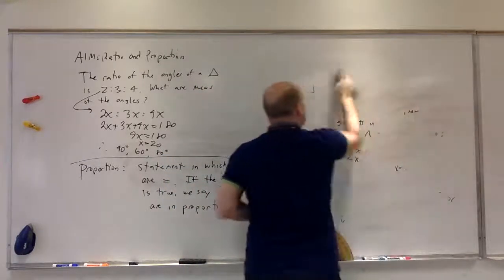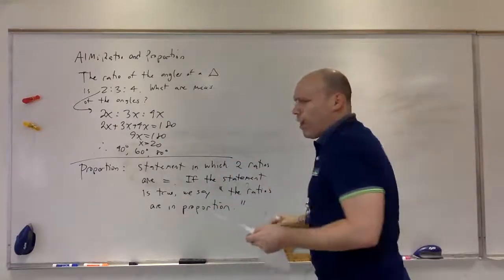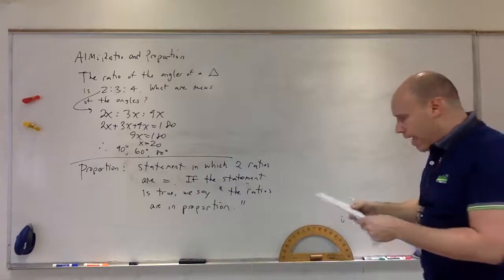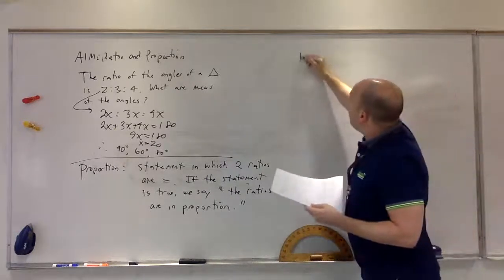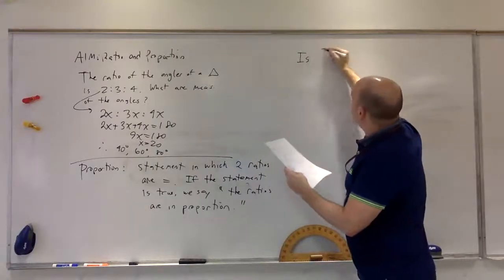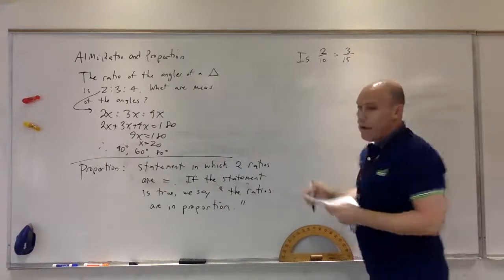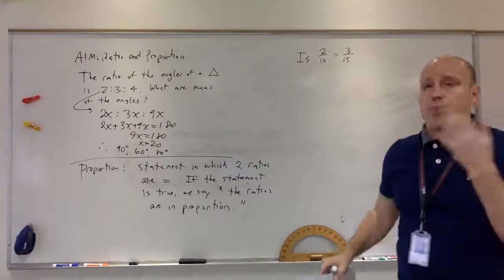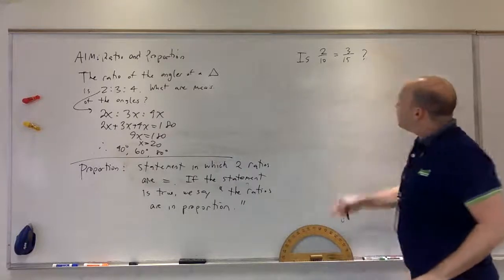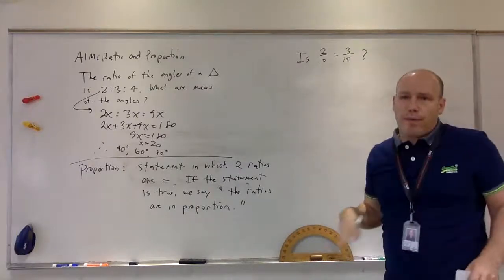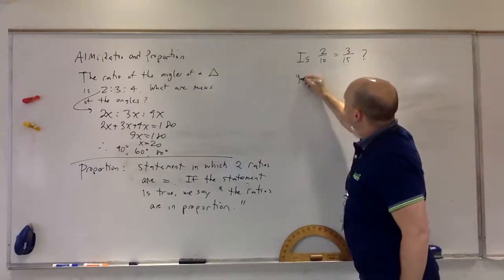Okay, so the question is, how do we... this obviously comes back to algebra. We're going to need this stuff for some geometry stuff. So for example, I say, question: is 2 over 10 equal to 3 over 15? Are these ratios in proportion? That's what's going on. Is 2 over 10 equal to 3 over 15? Are they in proportion? And so you would say, yes,